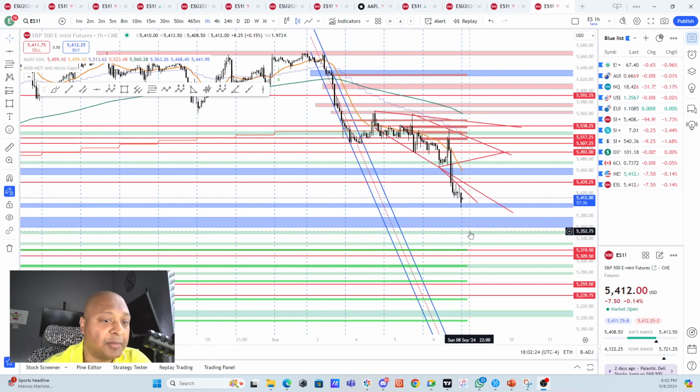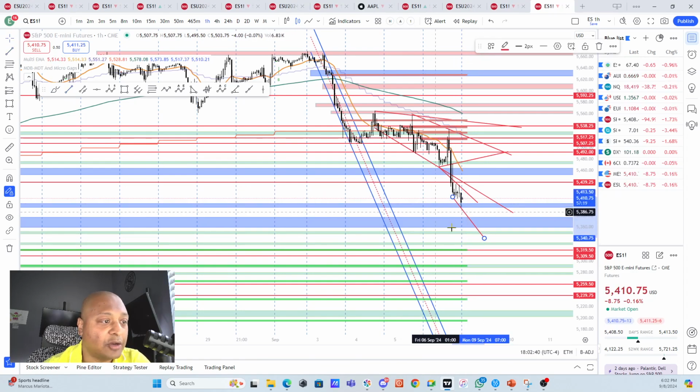Below that, we can come down to 5352, 5331, 5319 to the 18 area. So these are the different levels of support that we have on the 1 hour chart on the downside. We will also keep in mind that there is this particular line that is forming. This can also form a micro wedge on the 1 hour chart, and then we can bounce from there.